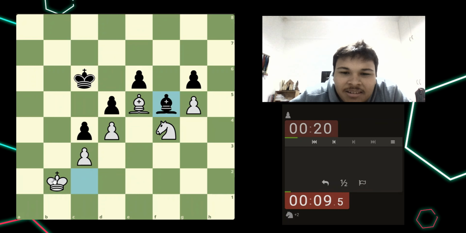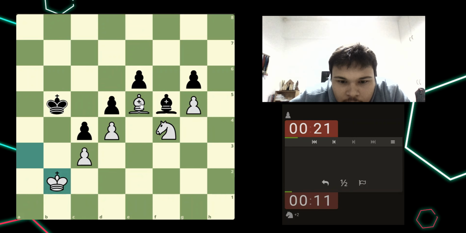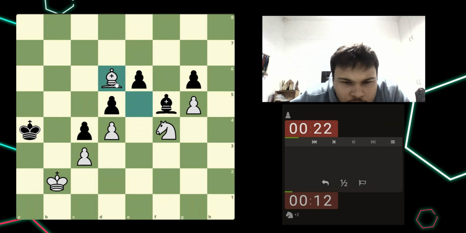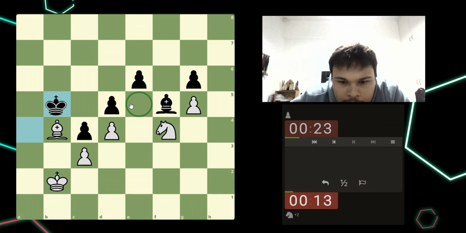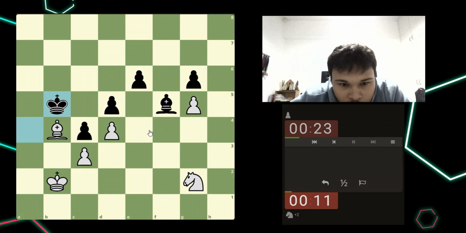Why did I do that? Piece is falling. I would have picked up the piece. I need to find a way to hop into the position now. King has to come here. Okay, I need to play a waiting move. I can even take the bishop, but